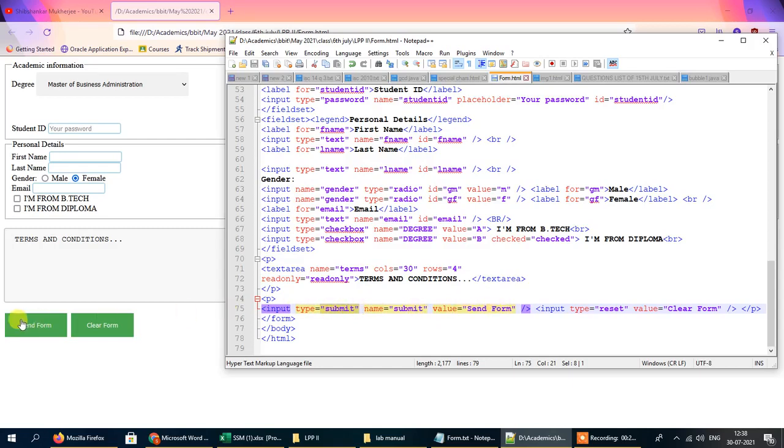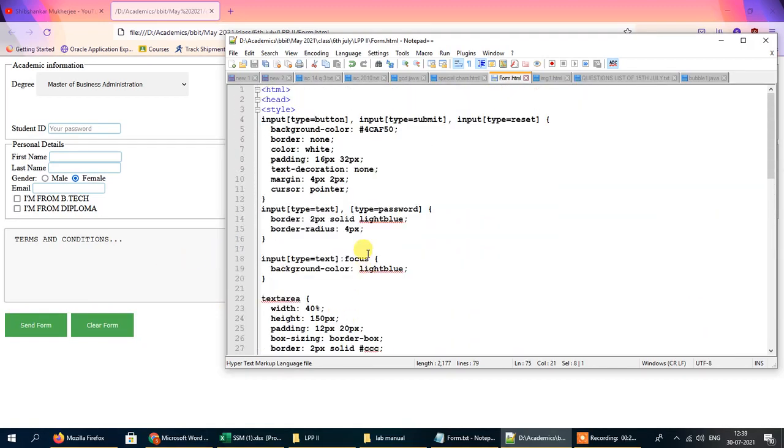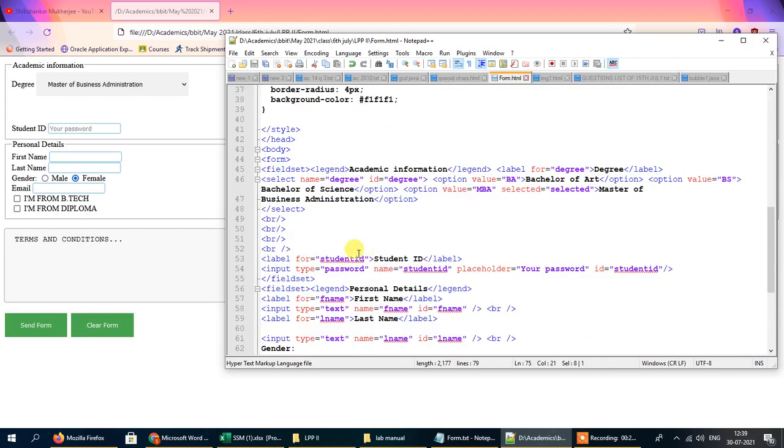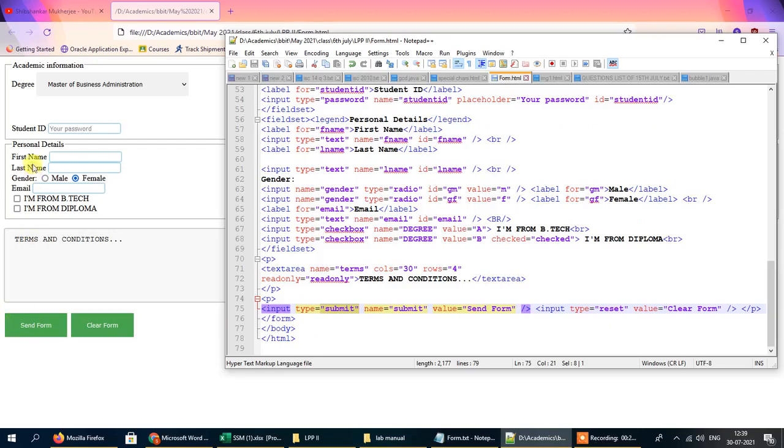When we submit the form, if you link your page with another page, say we have linked the page to another page where we'll be retrieving the values from all of these fields and validating them, then when we click on the submit button, the values from all of these fields will be transferred to that page. Okay,